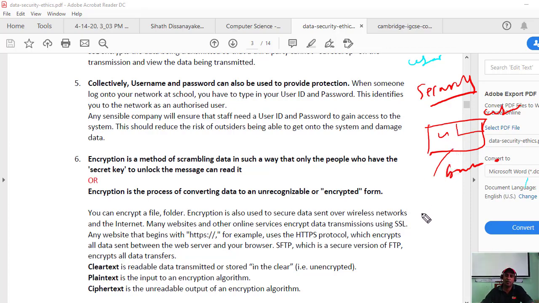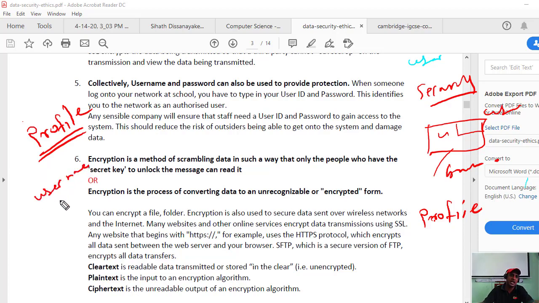That is another profile. The profile means a user account. Every user has a computer profile, and every user has a username and password.